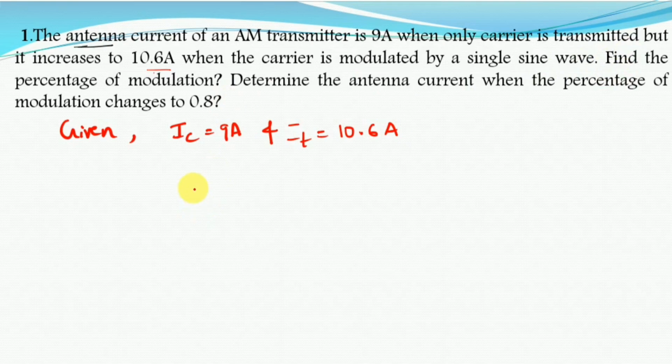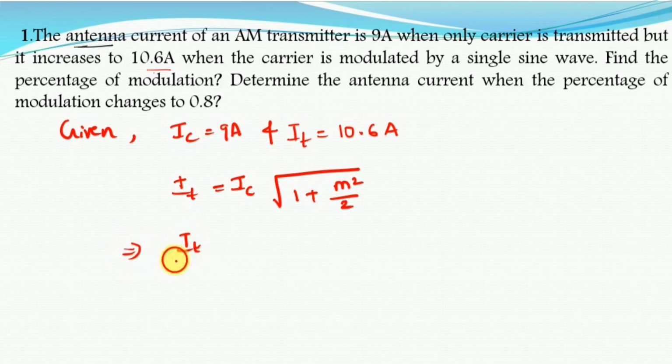We know that the relation between the current and the modulation index, that is IT is equal to IC into square root of 1 plus m square by 2. So from this we can find out what is the modulation index. Whenever the value is obtained, after multiplying it with 100 we can easily get the percentage of modulation. So from this equation let us find out what is the m value and thereafter substitute the given values. So here we can write IT by IC is equal to square root of 1 plus m square by 2,